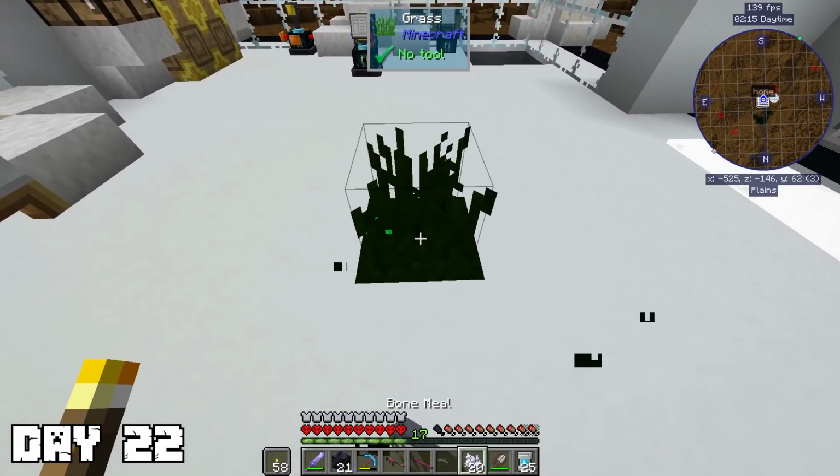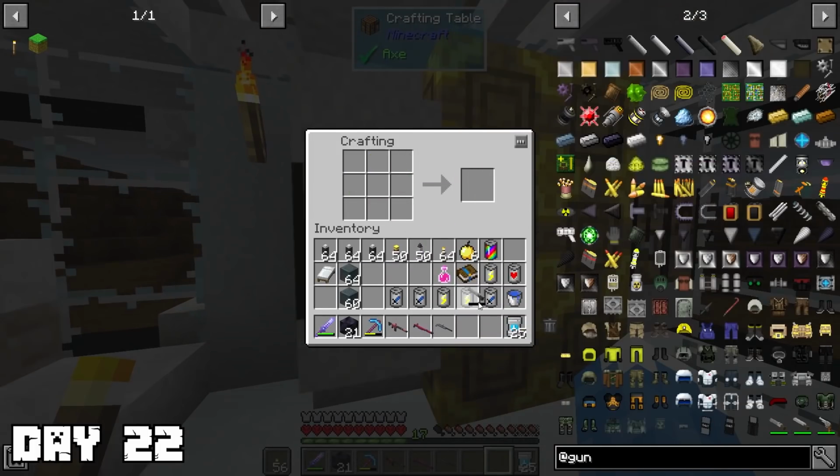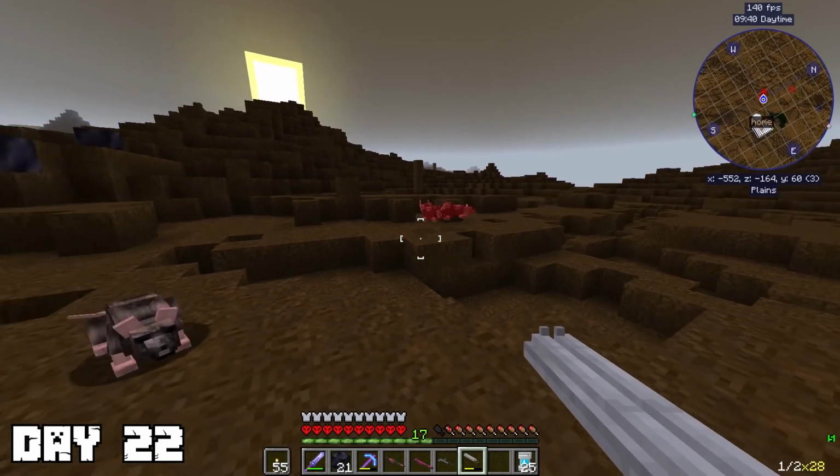Day 22, I harvested some grass to make some plant fiber. This was to be able to craft a grass grid, which is used to make flint. And I wanted this flint because I wanted to make a double barrel shotgun. Yeah, this thing was, well...